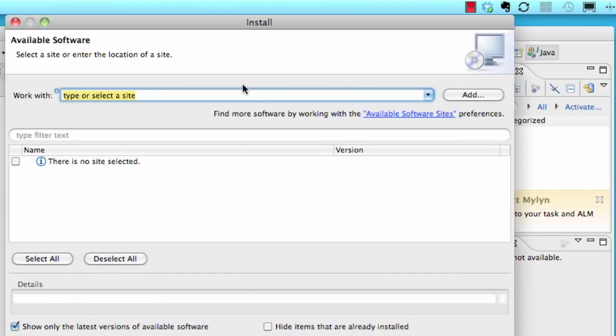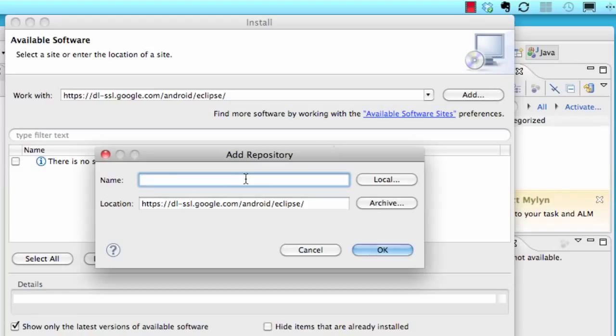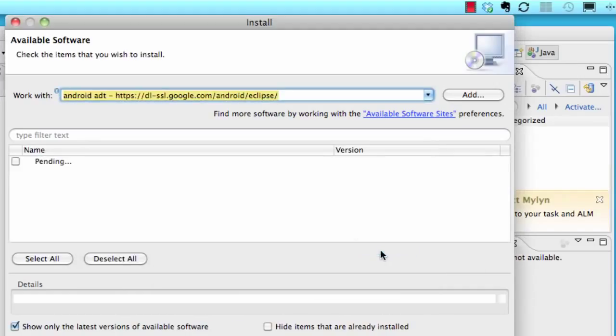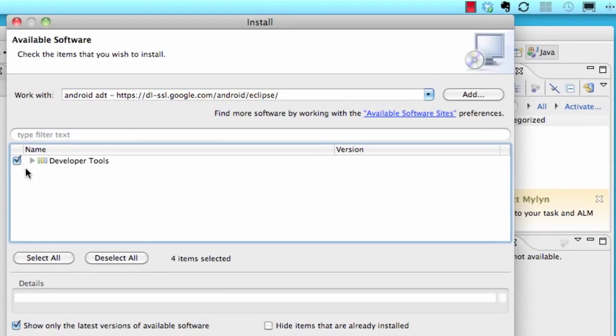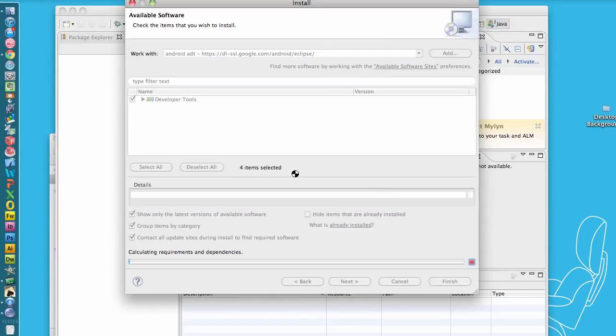So we're going to click that, and now paste that link right here and hit add. Now we can add a name to this, so we're going to add the name Android ADT, and again you can paste the link right here. That's the location link, and hit OK. It's basically going to get the developer tools for us that we're going to need for Android programming. So that might take a little bit. We're just going to click this, hit next,